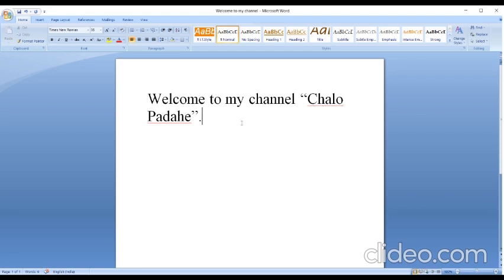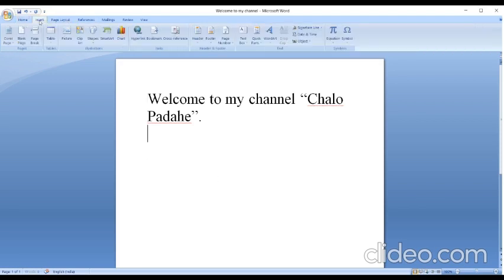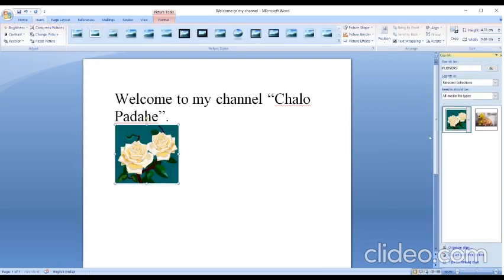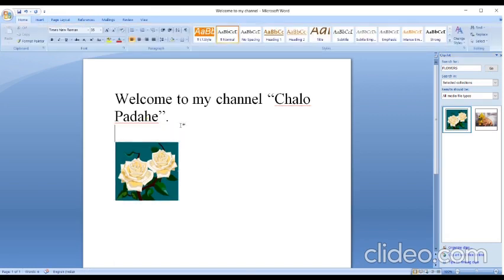Our next topic is text wrapping. Text wrapping means first you need to insert an image. You have inserted the image from the clip art, any image, and now you want to write some text here.